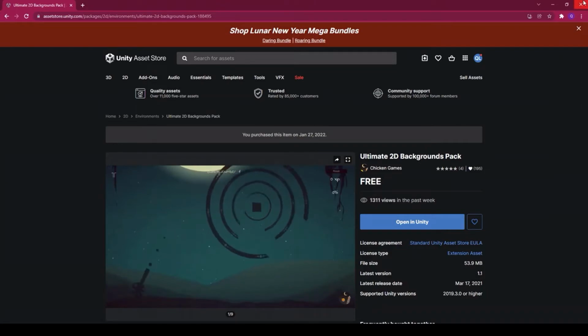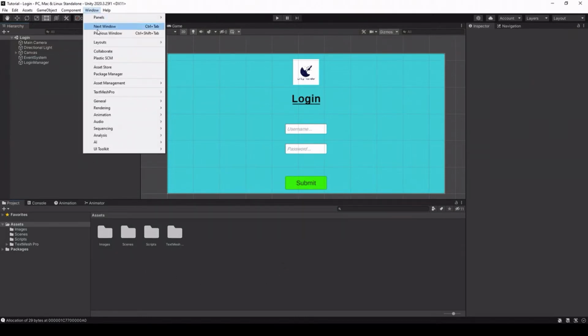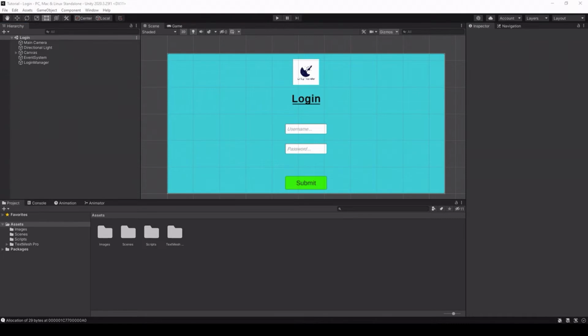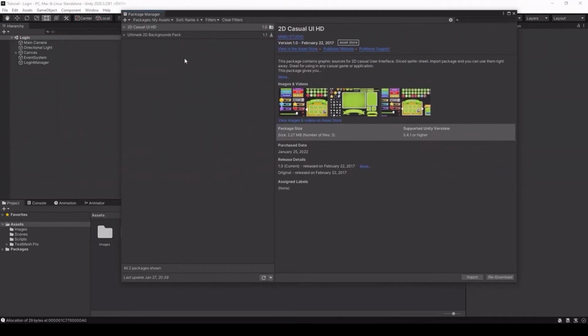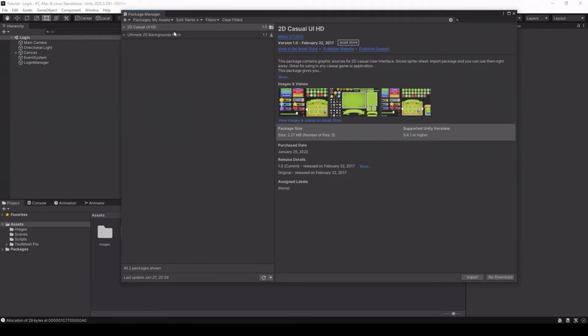So now I'll go back to Unity. Make sure you're logged in here in the editor. And if you go to Window, Package Manager, I'll bring that over here. You can see that if you click on this top part right here, it should start in Unity Registry. If you move it down to My Assets, it'll bring up those assets that you acquired as long as you are logged in. So now I can import,